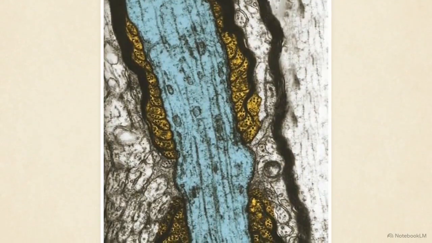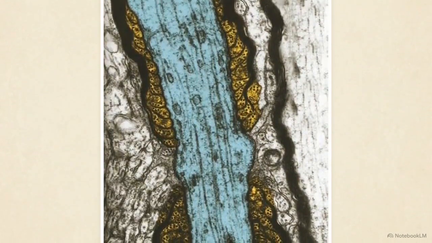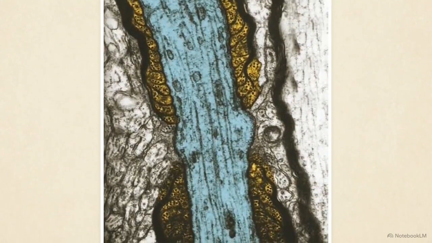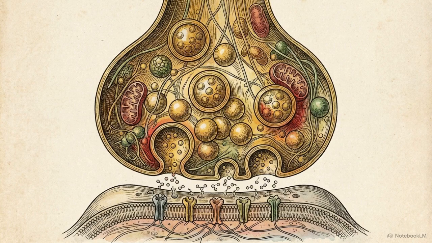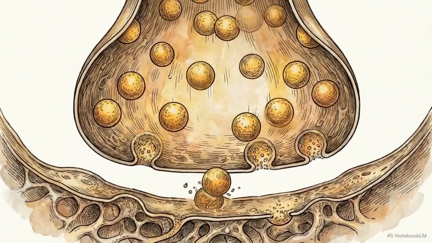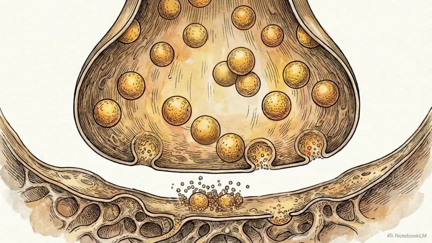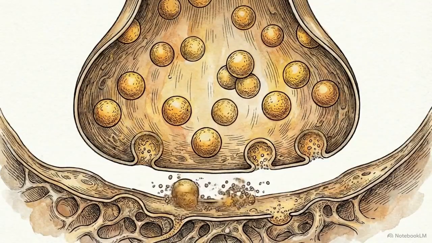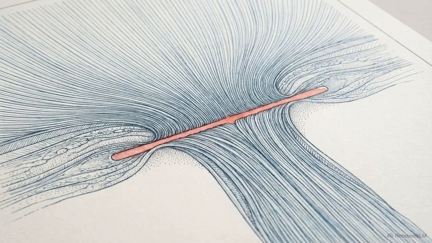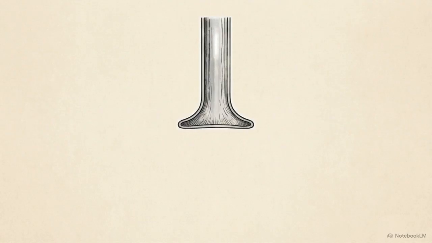Following the transmission pathway, this cross-section shows the central axon in blue. It is wrapped tightly by a laminated myelin sheath, shown in gold, which acts as insulation to speed up electrical propagation. At the very end of the axon, we find the chemical synapse. When an electrical signal arrives, spherical synaptic vesicles fuse with the membrane, releasing neurotransmitter molecules directly into the physical gap between cells. The synaptic cleft is the critical bottleneck of the nervous system. It is the exact location where an integrated electrical signal is converted into a chemical message.